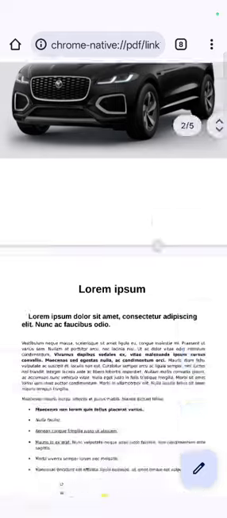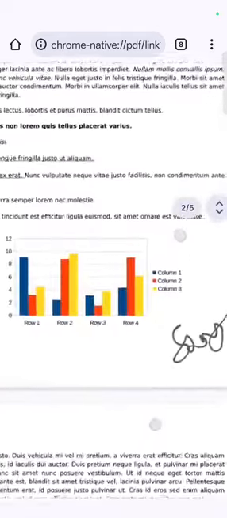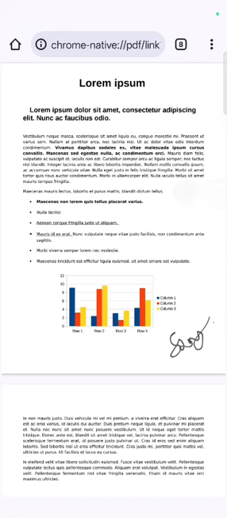So I have downloaded the file, and here you can see in the second page the signature is right here. So that's how easily you can sign any